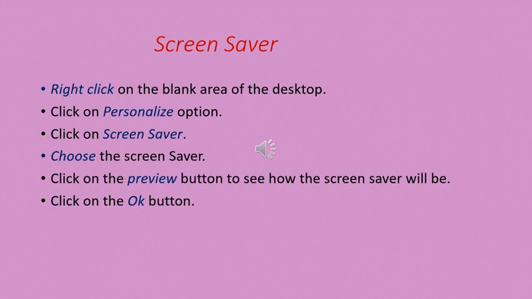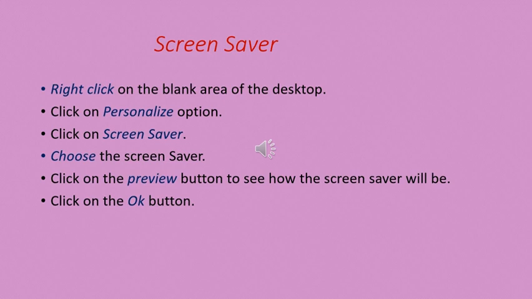The screensaver disappears as soon as you press any key on the keyboard or move the mouse. In fact, a screensaver is a special program under Windows that appears automatically after a fixed interval of time. Screensaver helps in protecting the monitor screen when it is idle. You can select the type of screensaver and the time of your choice.